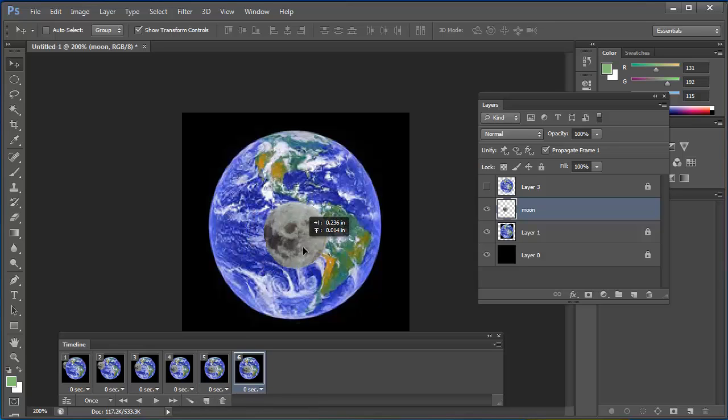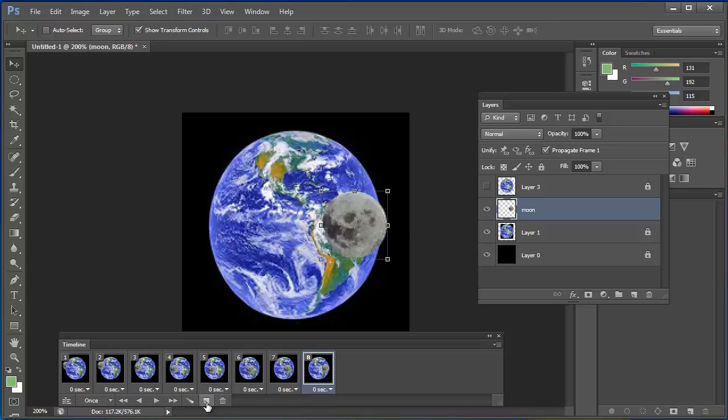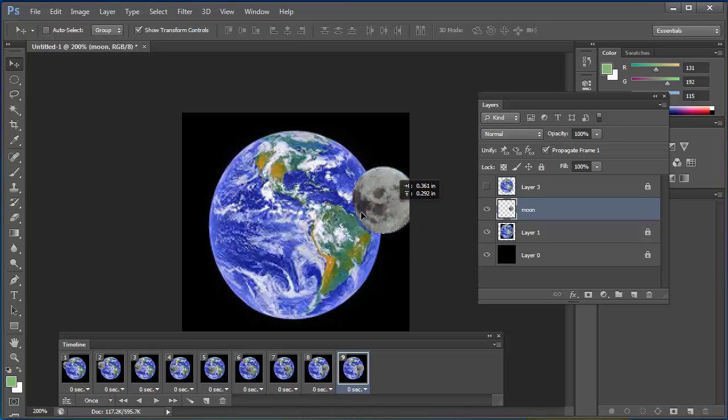Move the moon a little bit. New frame. Move the moon a little bit. New frame. Move the moon a little bit. New frame. Move the moon a little bit. Oh, not too far out. New frame. I'm going to turn the eyeball on for the moon that's over top, so it looks like it's